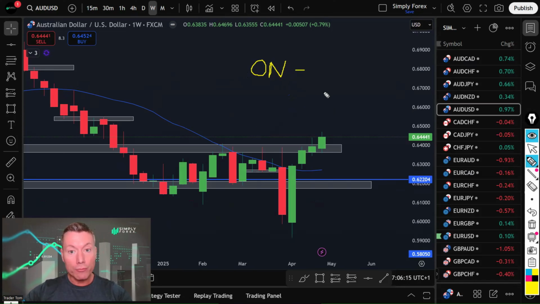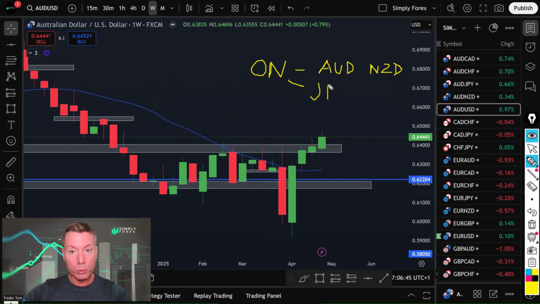And what happens in a risk-on environment is Aussie dollar, and to an extent New Zealand dollar, become strong, and we've seen that overall this week. There were a couple of days that it looked weak, but on the whole this week, Aussie dollar and New Zealand dollar have been strong because of that. And when we're in a risk-on environment and the indices are flying,